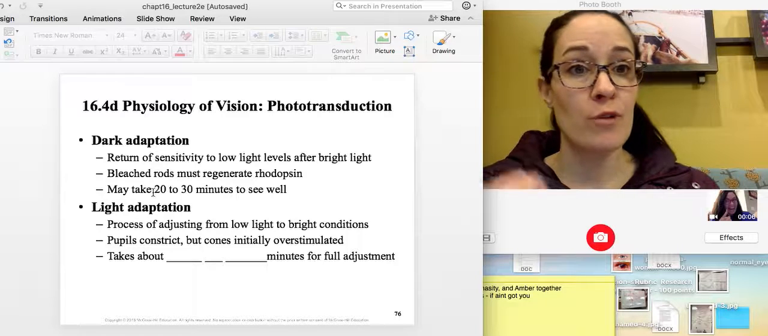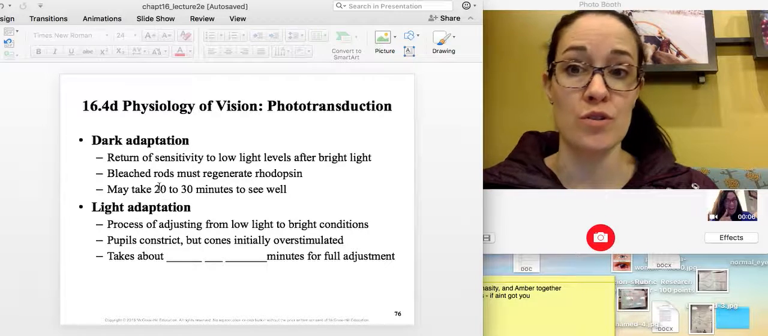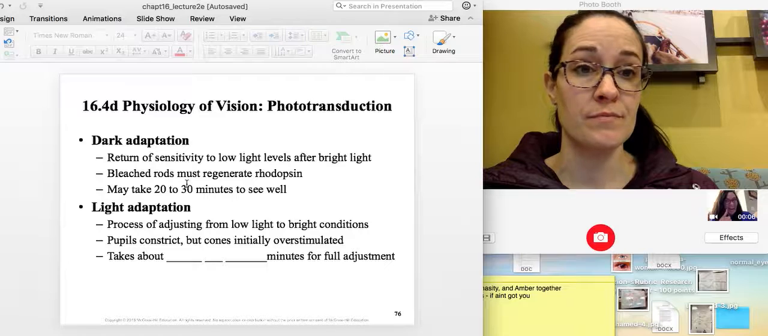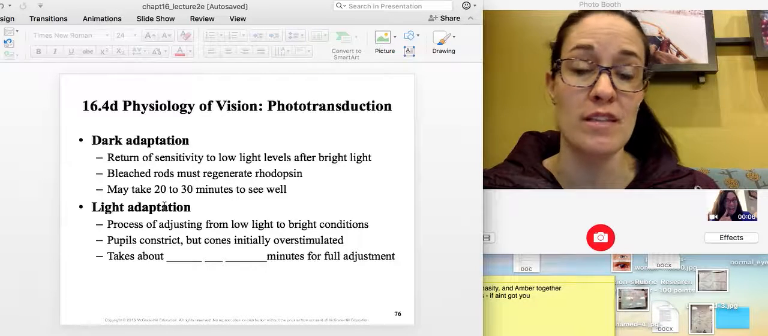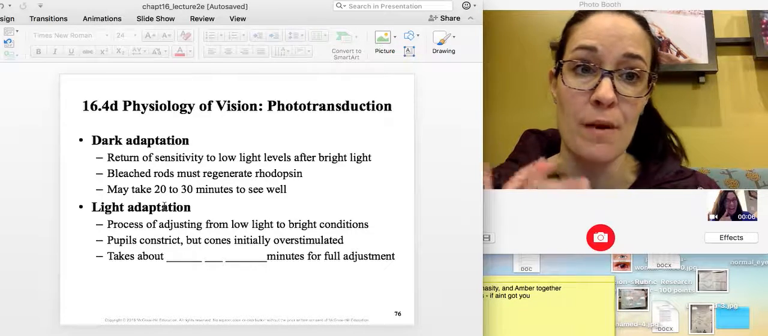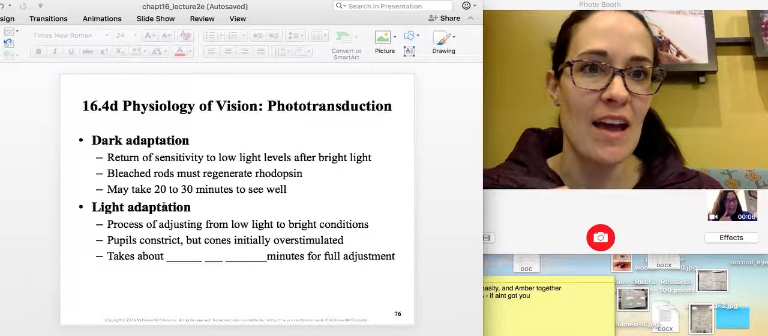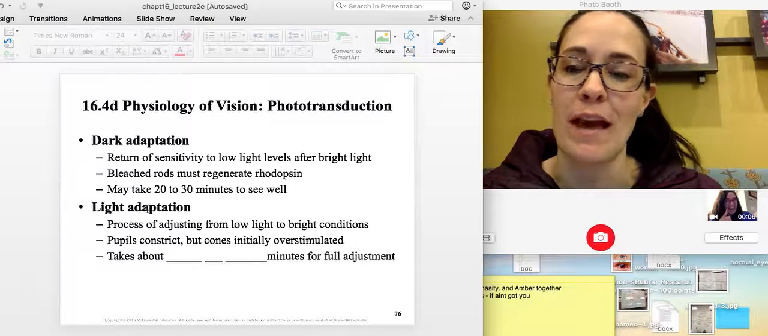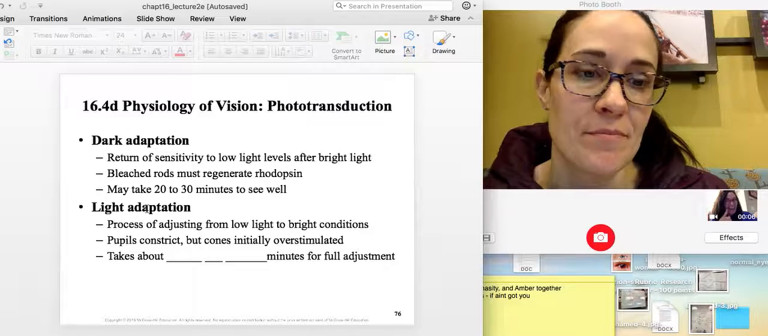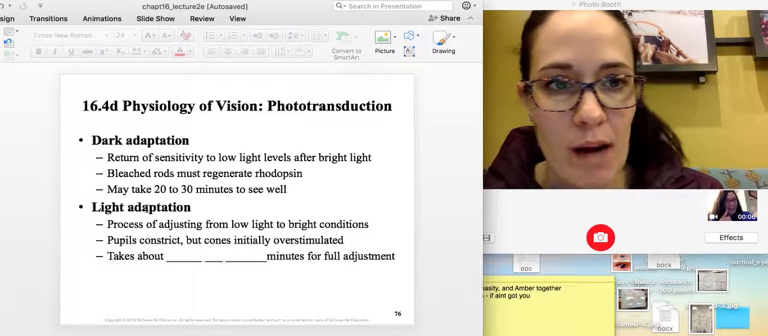For your eyes to get used to the dark, it takes about 20 to 30 minutes for all that rhodopsin to be built up optimally. And then you can see well in dim light. The opposite, when you go from a dark environment, from out of a movie theater,